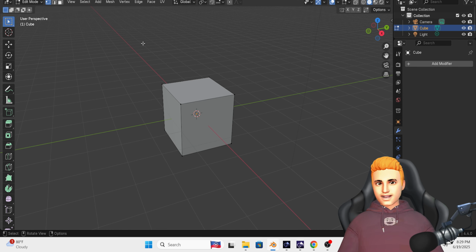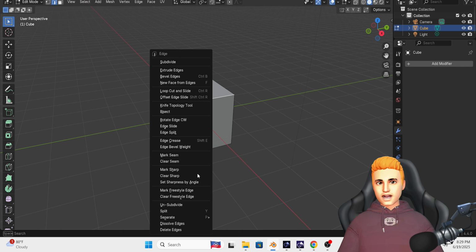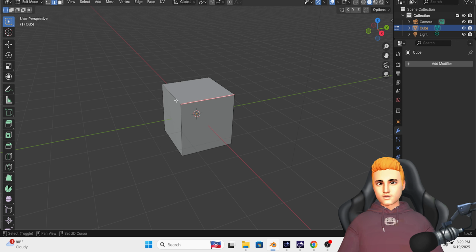Unwrapping is also easy. We just have to click on seams like this. Go to edge mode, click this edge, right click and add seam, mark seam. Where is mark seam? Here is mark seam. So like this we can mark the seams of an object,